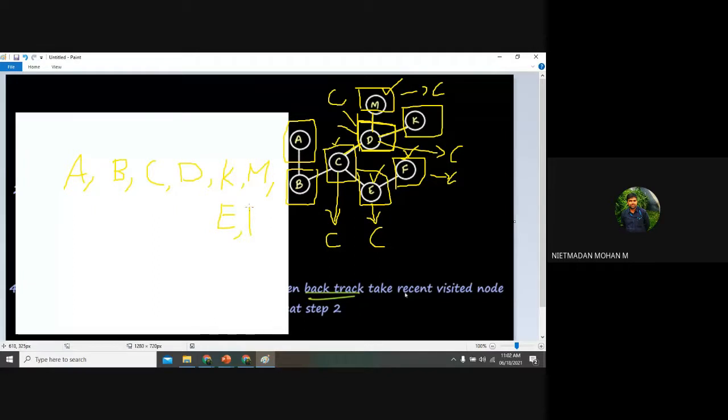And the searching technique will be like this. F will act as your current node, and after completion of this, it will check again whether any adjacent node is available or not. No, there is no adjacent node available, and it will check whether all the nodes have been visited, all the nodes have acted as the current node. Yes. This is the traversal technique to traverse from one particular node to the depth end of the graph. Clear about this? Any doubts in this traversal technique?